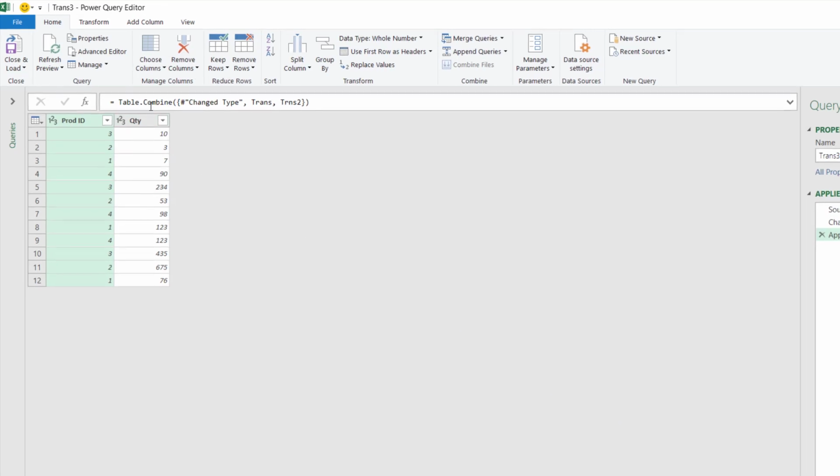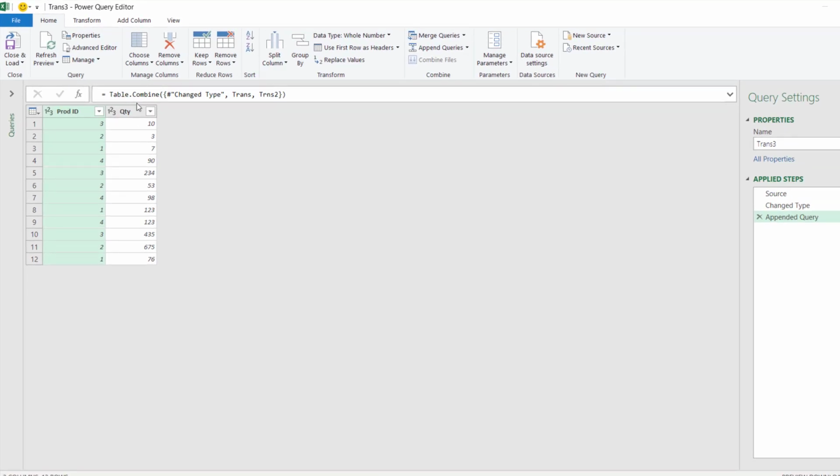Now notice that it's now in the step called Combine. So I'm just closing this step. Wait, I want to delete this step, this is not necessary. Now they are combined: the source, which is Transaction3, combined with the other two